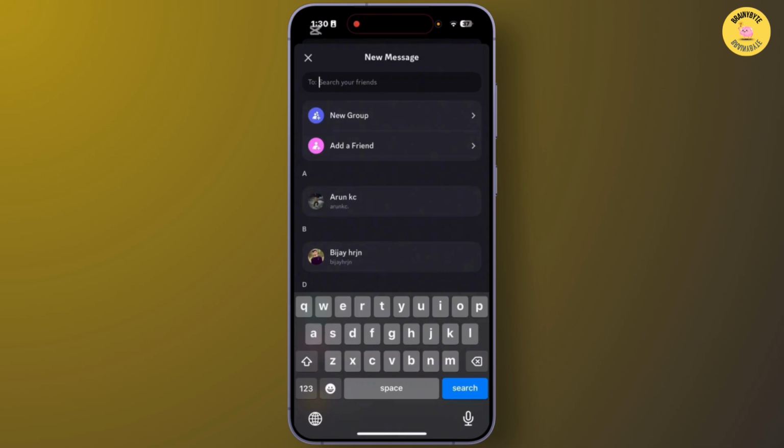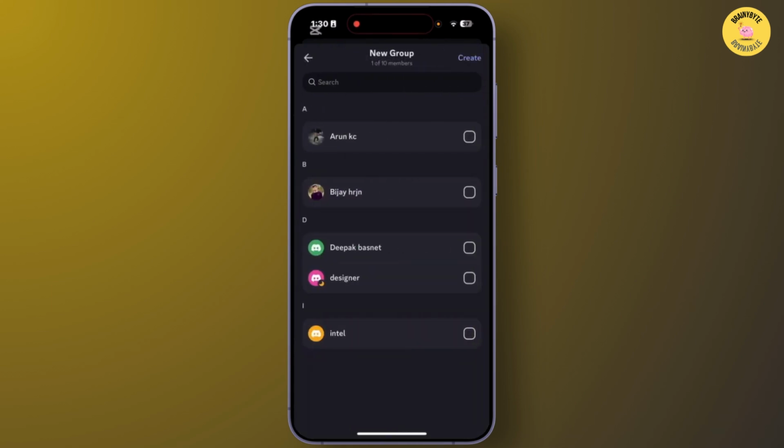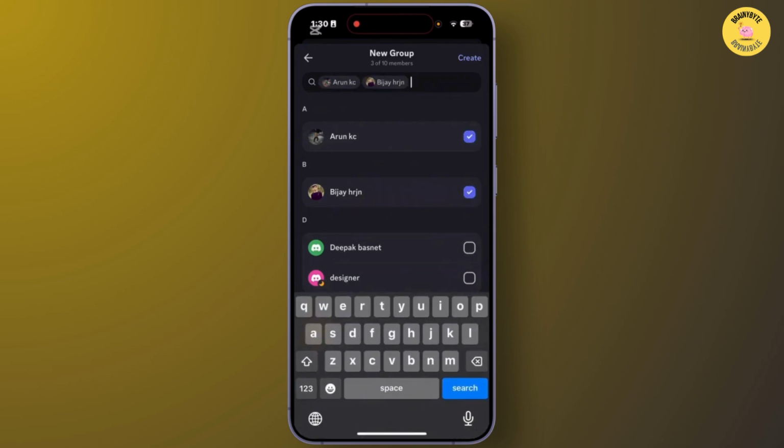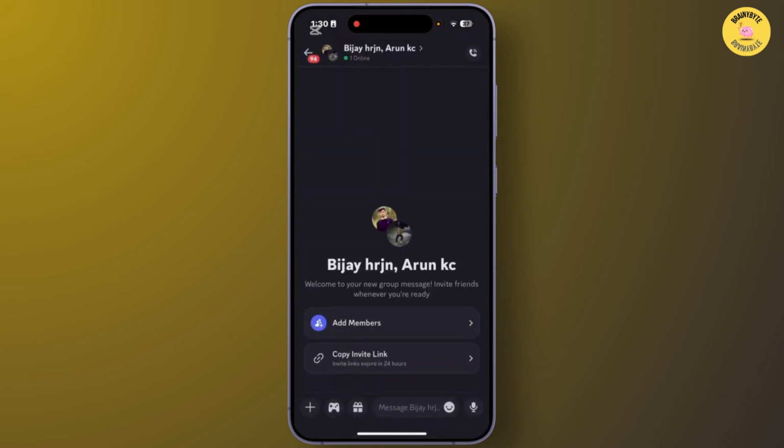And from here, tap on New Group. From here, select the members, at least 1 up to 10 members. Simply select them and tap on Create at the top right. And after you tap on that, you'll be able to create a group chat on Discord, as well as you